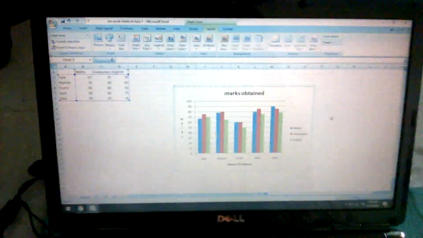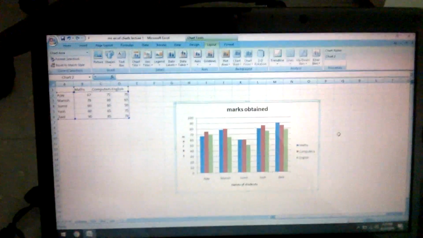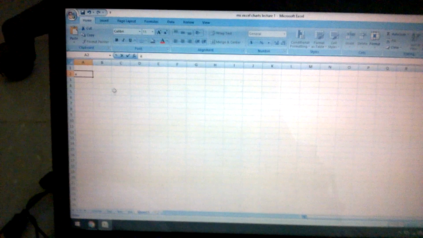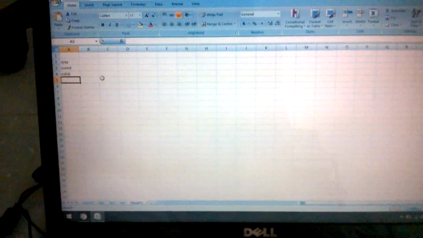Now how to create these charts? Now I shall take a new sheet. How I created these charts: first I'll take the names of the students. Let's say Ajay, Sumit, Rohit, Shobhit.